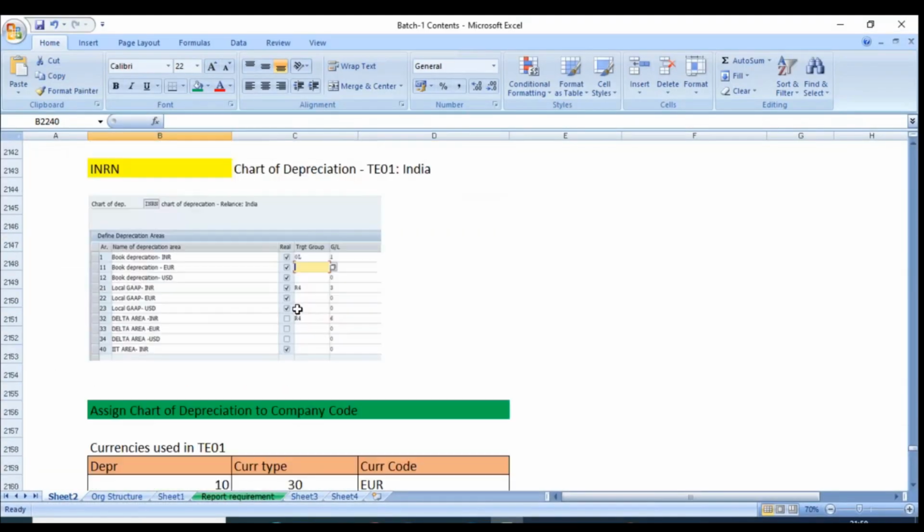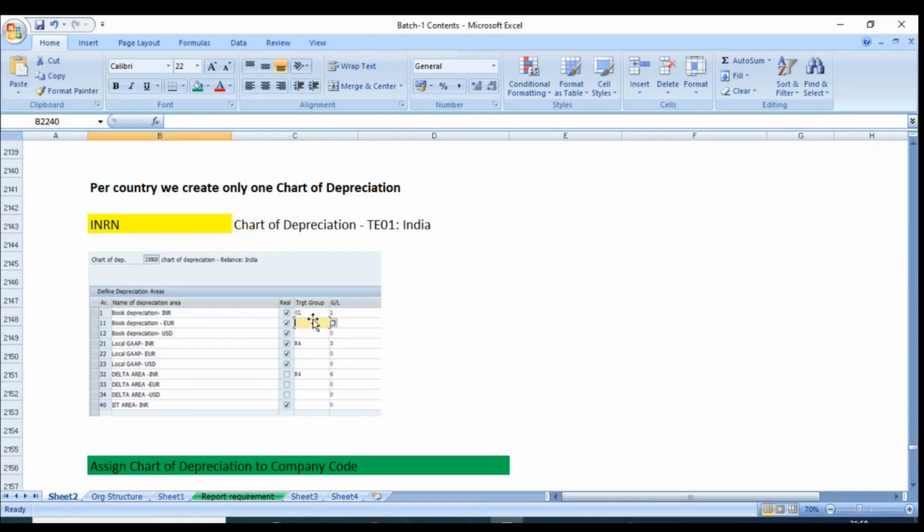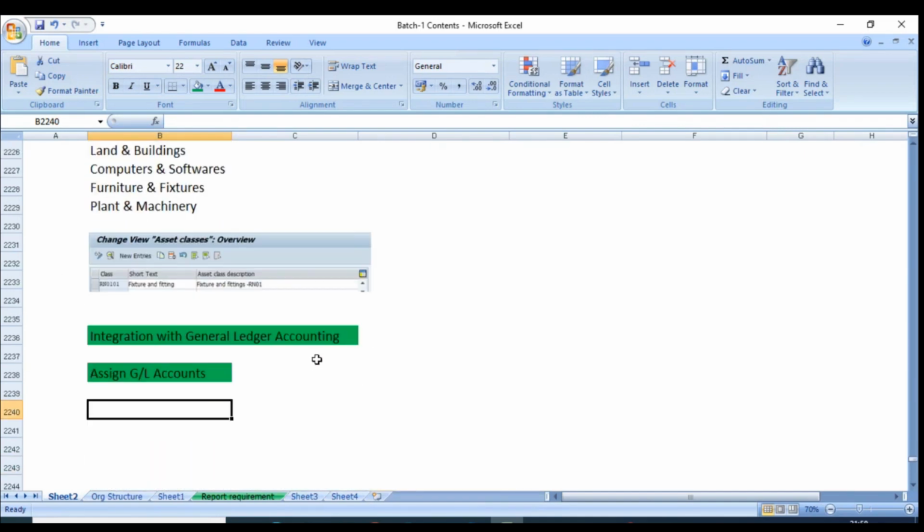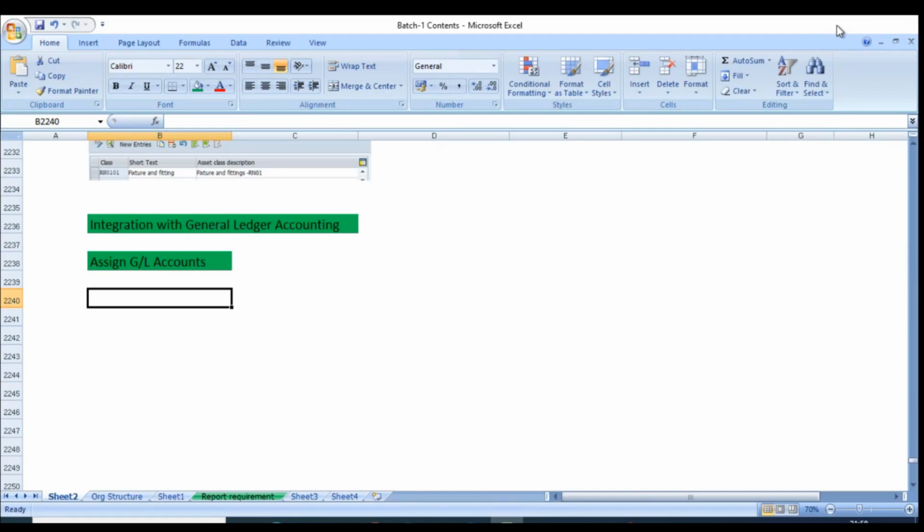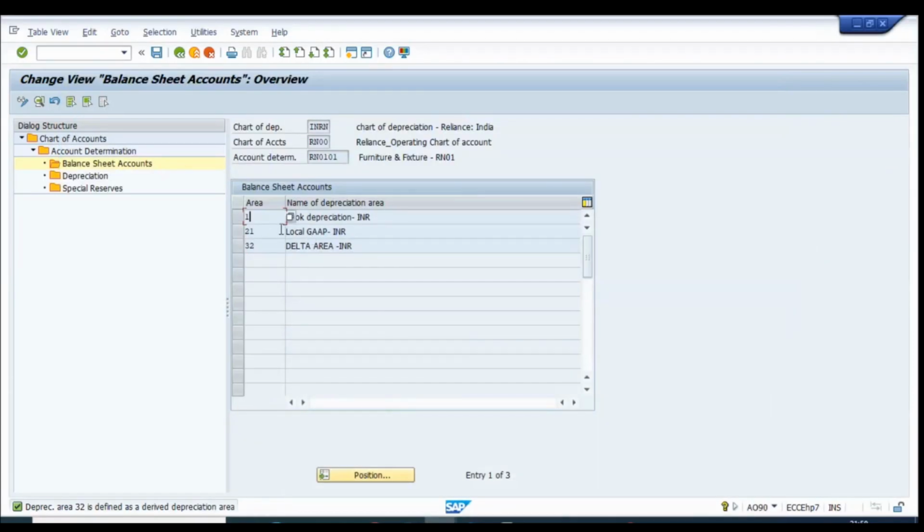Otherwise, we have many more depreciation areas. So you see, 1 posts to 0L, 21 to R4, 32 to R4. That's why these three depreciation areas have been suggested by the system, asking for which depreciation area you want to maintain the GL account. So for which one should we maintain the GL accounts? Depreciation area 1 only. What about 21, 32? No,